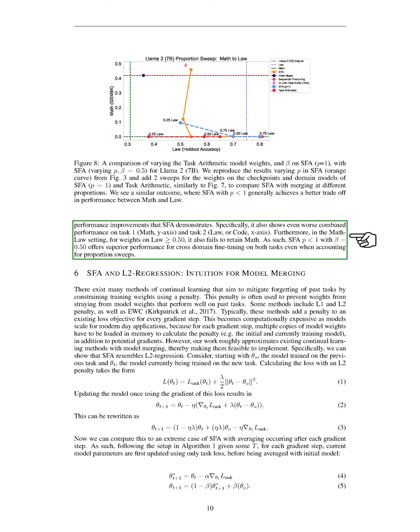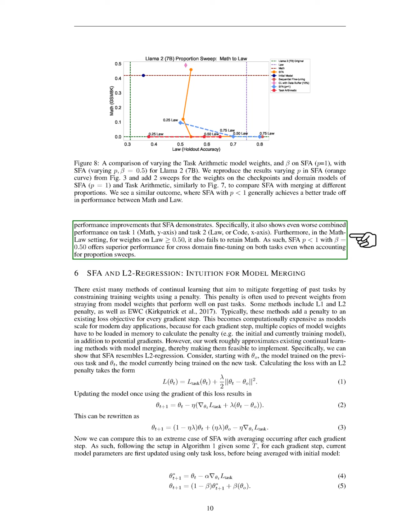Section Summary. In this section, we demonstrate that our Sequential Fine-tuning Averaging, SFA, method effectively retains knowledge from previous tasks while learning new ones by adjusting the averaging frequency, P, with lower values leading to better performance on earlier tasks without requiring data buffers. Our results show that SFA outperforms other model merging techniques and highlights the importance of continual averaging during fine-tuning for optimal cross-domain performance.